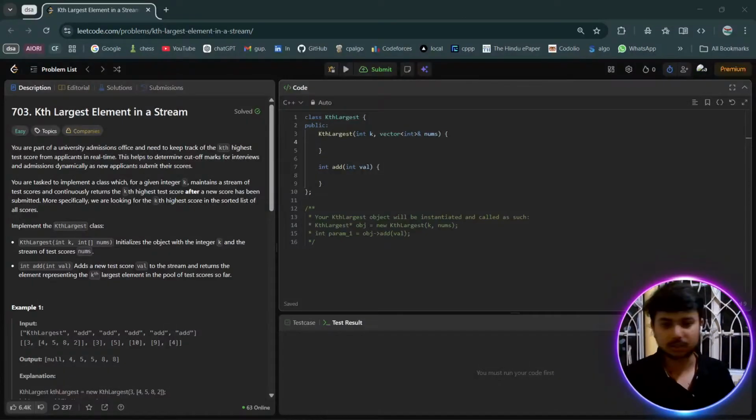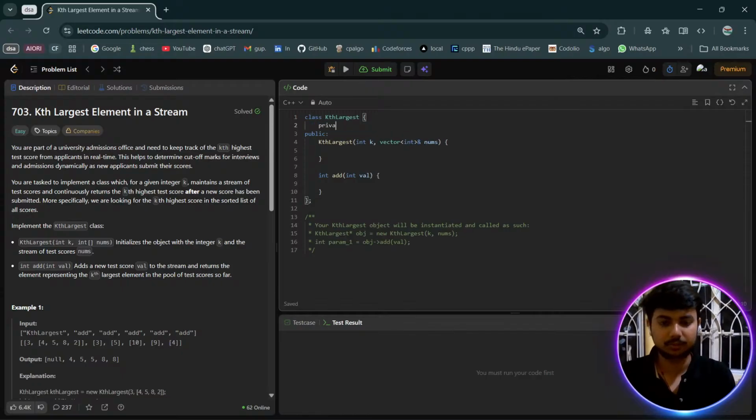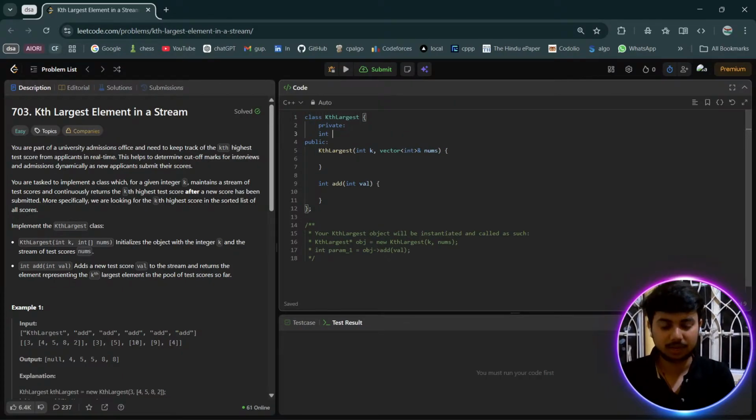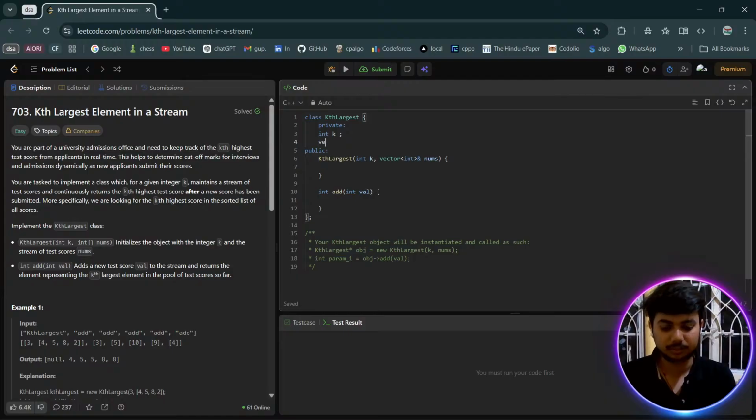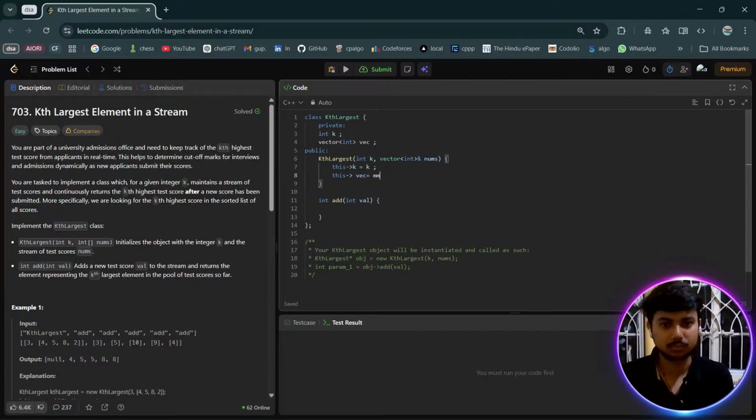ये करना है पूरा ब्रूट फोर्स में. अगर तुम देखो यहाँ पे कुछ नहीं, बस एक प्राइवेट या पब्लिक जो भी बनाओ, उसके अंदर you'll have to have k and then you'll have to have a vector, integer vector नाम दे देता हूँ, इसमें हम वैल्यूज डालेंगे. अभी सिंस हमने ऑब्जेक्ट इनिशियलाइज करना है, कंस्ट्रक्टर है, सो you'll have to define that this k is equals to k and this vec is equals to nums. ठीक है, जब जब एक नया एरे हमें दिया जाएगा, हम सीधा उसको वेक्टर में डाल देंगे. अब जब जब एक वैल्यू आता है हमारे पास, तो क्या करेंगे, विल पुश बैक द वैल्यू,